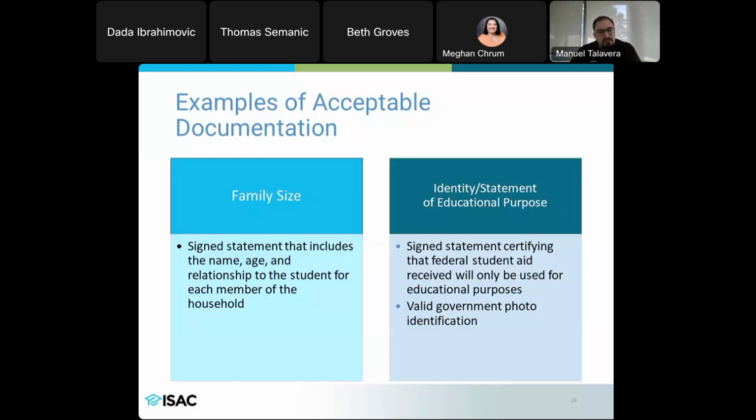The Department of Education puts out language and documents that students can use. If the FAFSA is verifying identity with the statement of educational purpose, they have to use that exact form. It has to be notarized. They have to bring in an unexpired ID with them to verify their identity. It's part of the signature process.